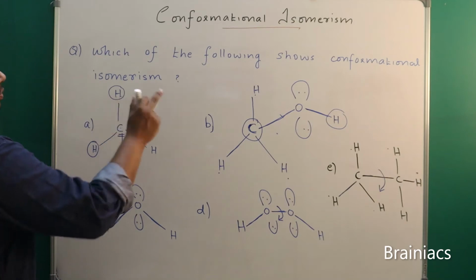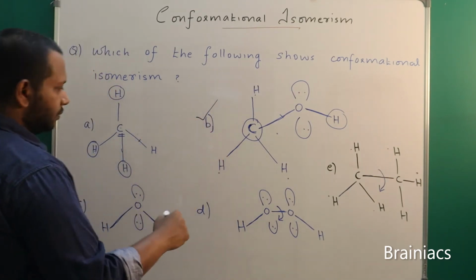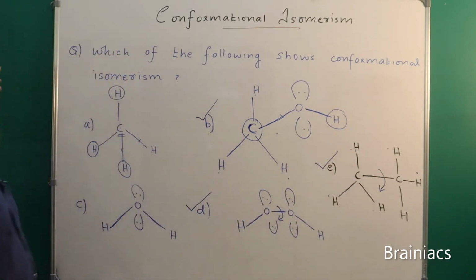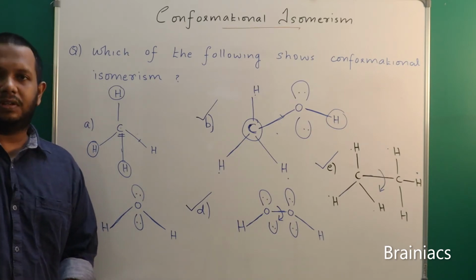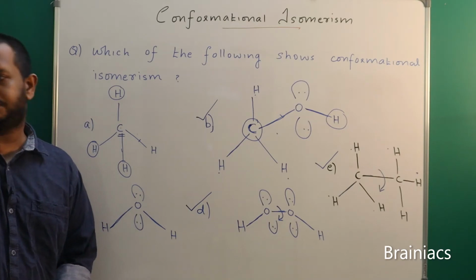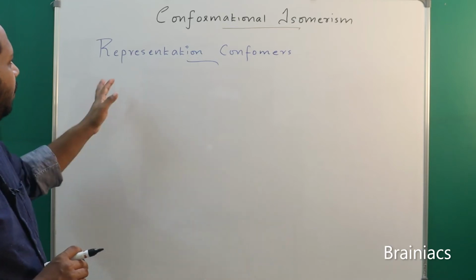So how many compounds will show conformation isomerism? B will show, then D will show, and E will show. So the simplest shortcut is to check for 3 continuous sigma bonds. Then if that is present, it shows conformation isomerism. Clear? Okay, so next what we are going to learn is the various ways to represent